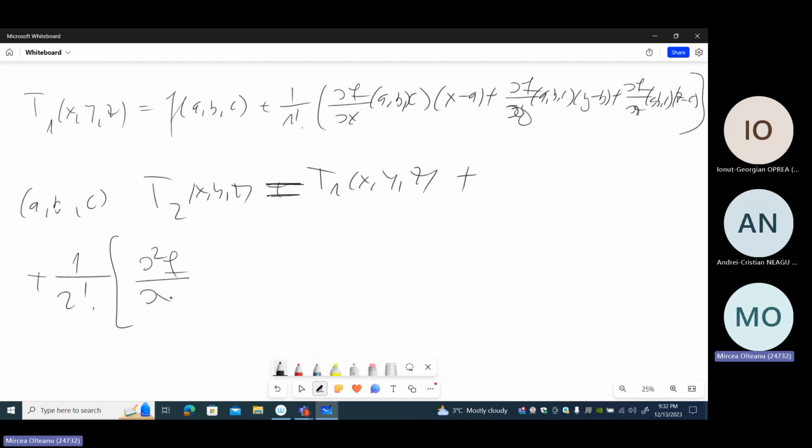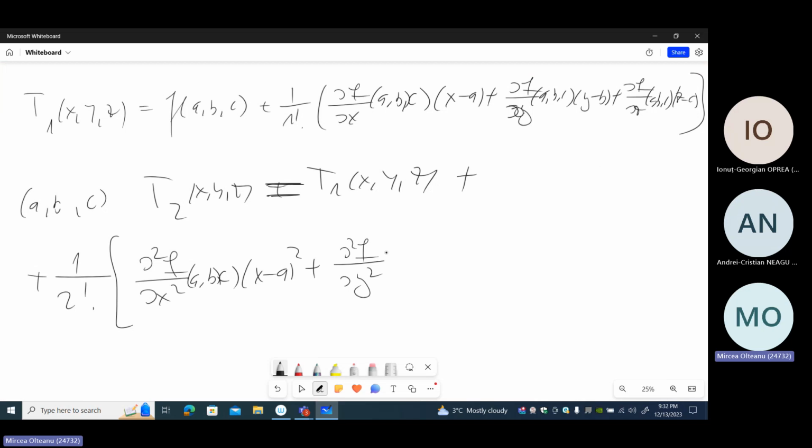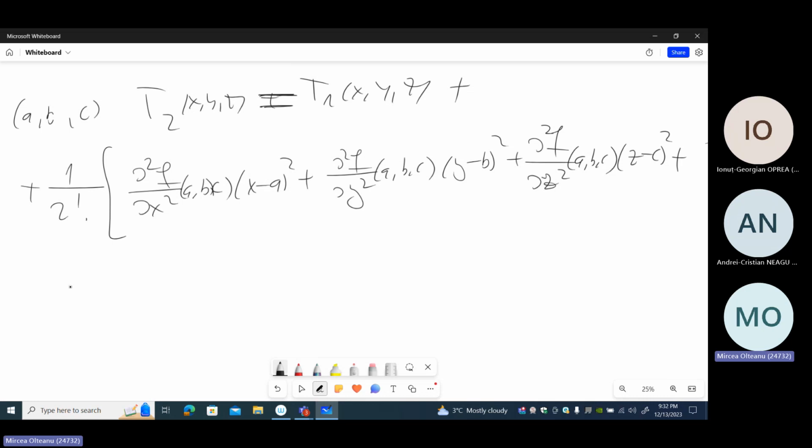So first of all, the not mixed terms. Second partial of f with respect to x squared at (a, b, c) times (x minus a) squared. Also not mixed, second partial of f with respect to y squared at (a, b, c) times (y minus b) squared, plus the last not mixed with respect to z, (z minus c) squared. And now plus, we have the mixed, but those are 2 times because of the symmetry theorem, yes? So we have 2